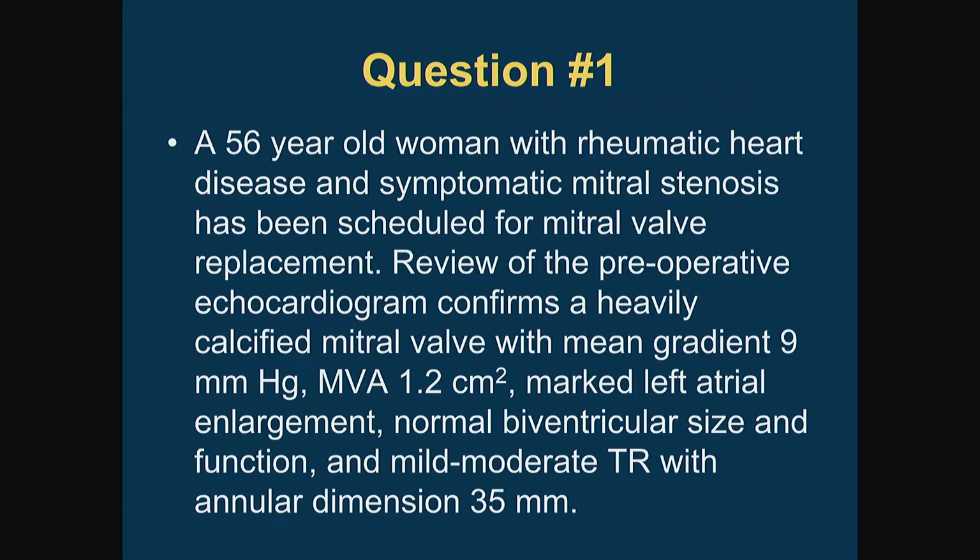The first question is, a 56-year-old woman with rheumatic heart disease and symptomatic mitral stenosis has been scheduled for mitral valve replacement. Review of the preoperative echocardiogram confirms a heavily calcified mitral valve with mean gradient of 9, a mitral valve area of 1.2, marked left atrial enlargement, normal biventricular size and function, and mild to moderate tricuspid regurgitation with annular dimension of 35 millimeters. So with that scenario in mind,